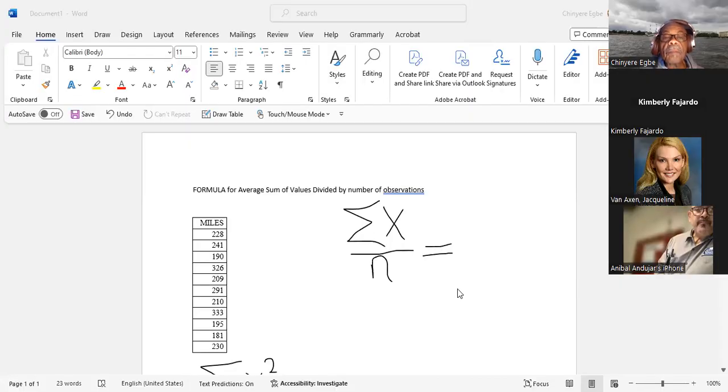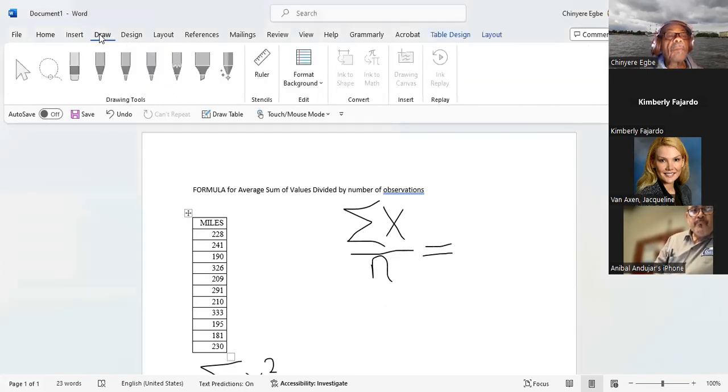All right. So that's the formula for the average. And for our purposes, we find it to be